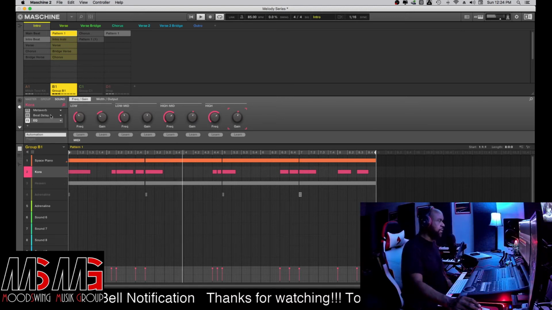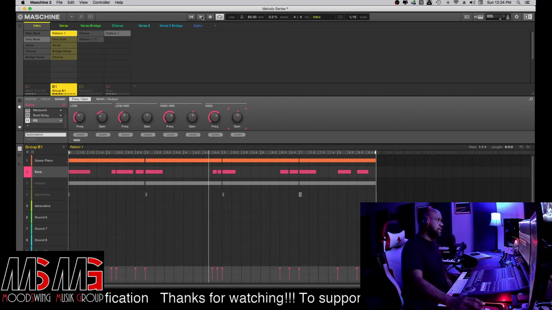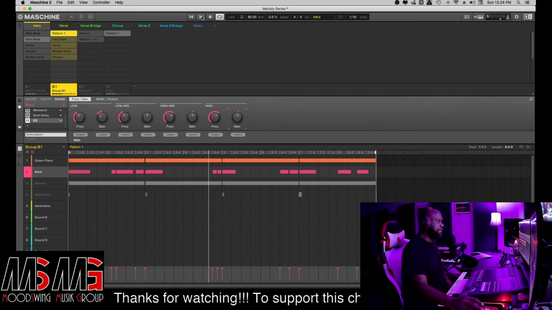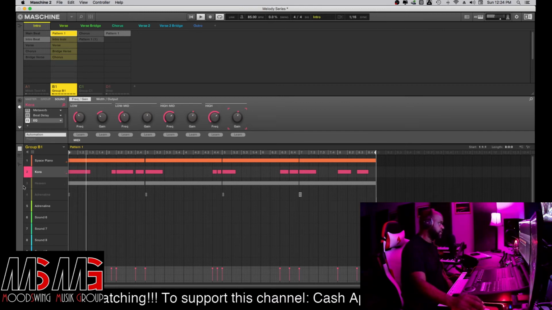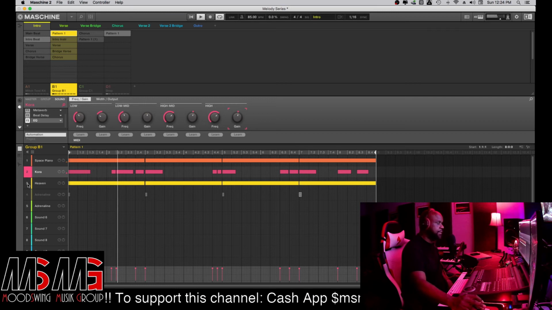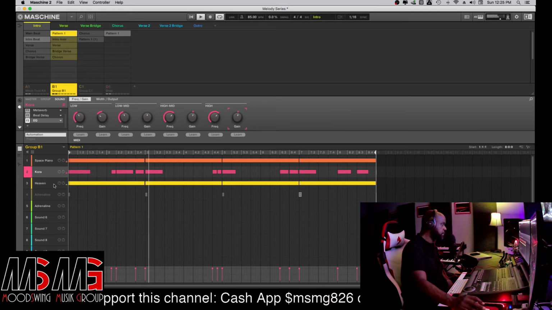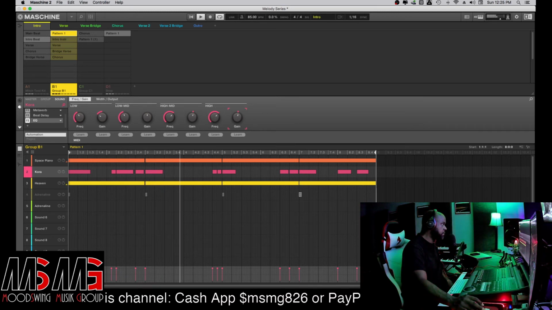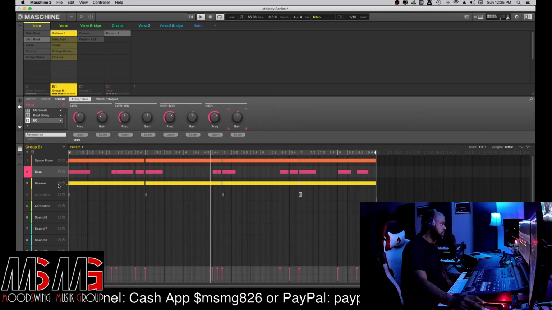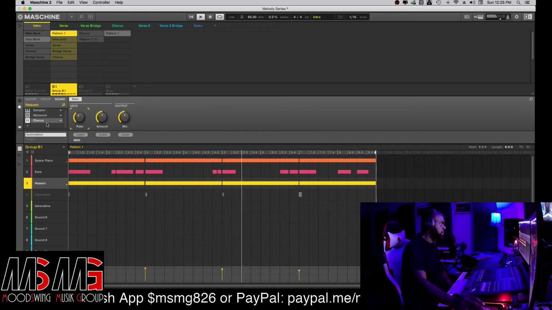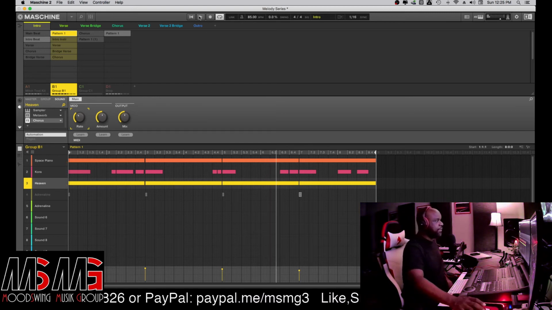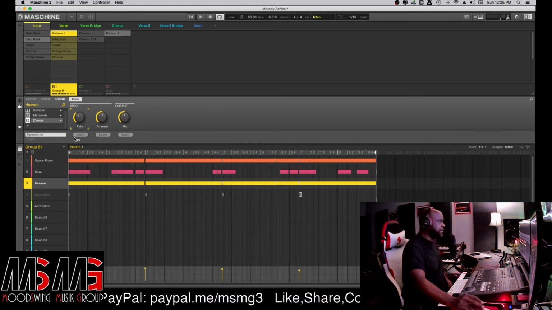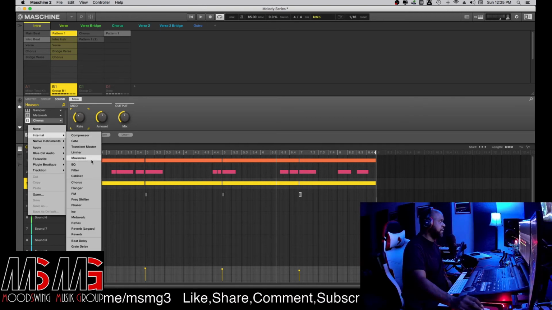See, the trick to EQing is to stop them from fighting with each other. You don't want them fighting for the same space. Let's add heaven in. Now let's do something with heaven. Heaven is kind of screeching a little bit, so let's do something slick with heaven. Let's go here, and we're going to go to internal. We're going to add,